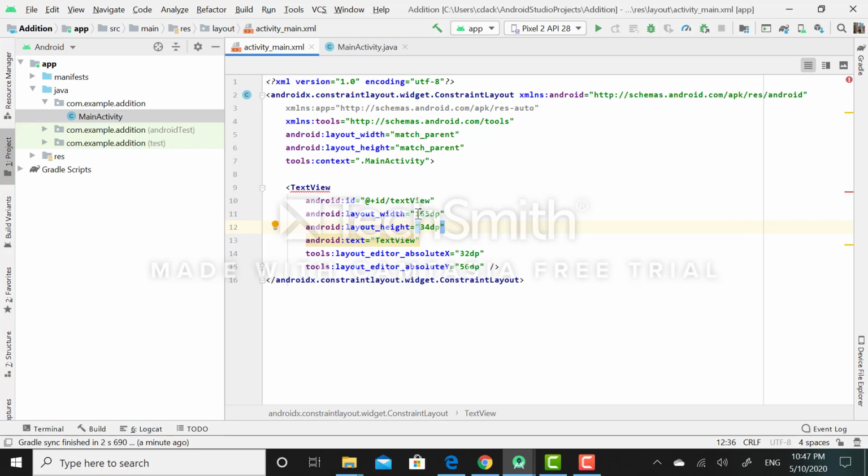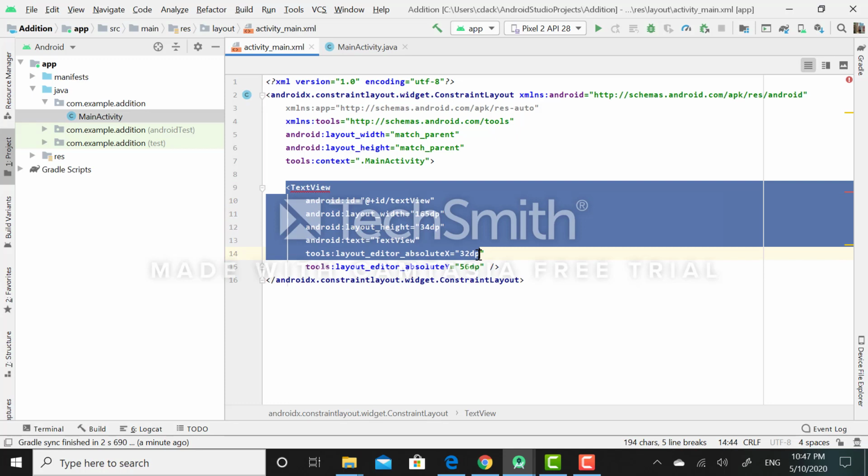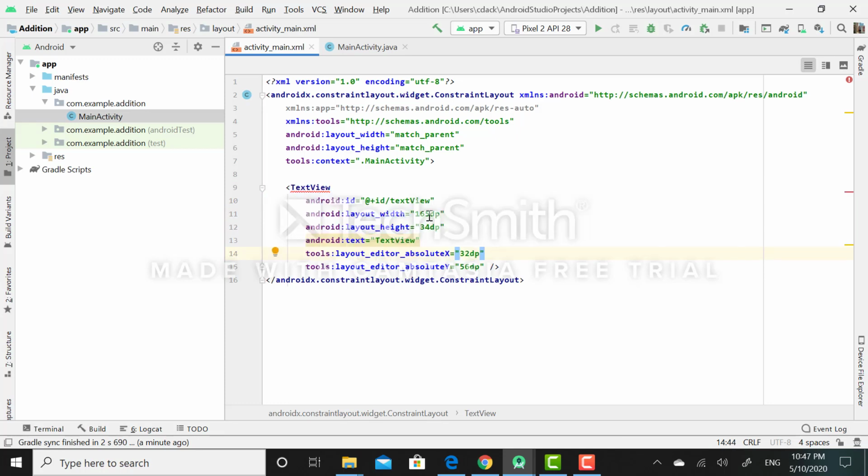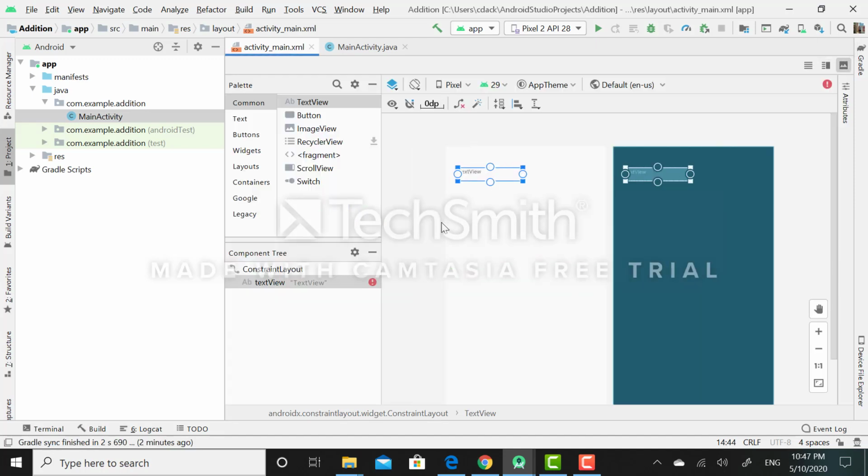Now it has been set to 165 dp as the layout width and 34 dp as the height for this text view widget. dp stands for density independent pixel. I will again switch to the design mode.